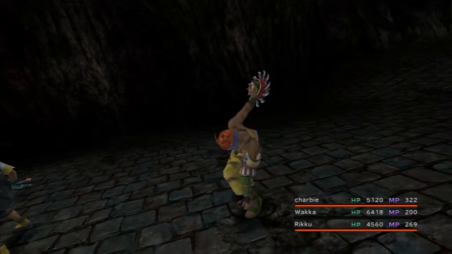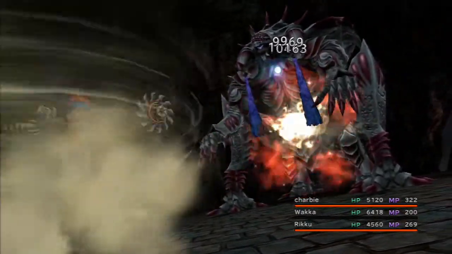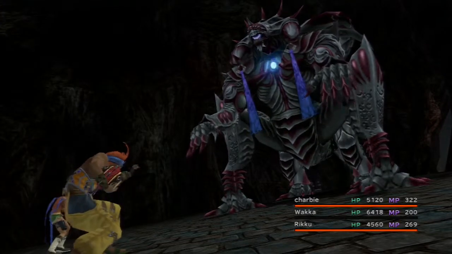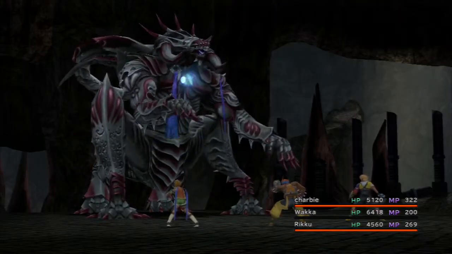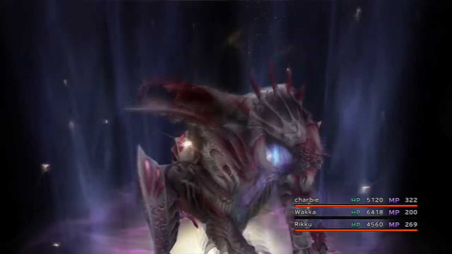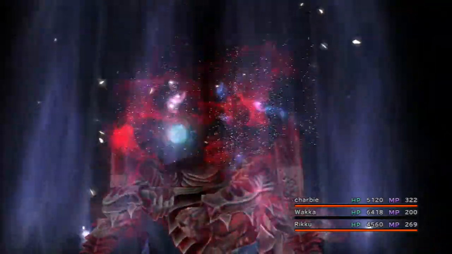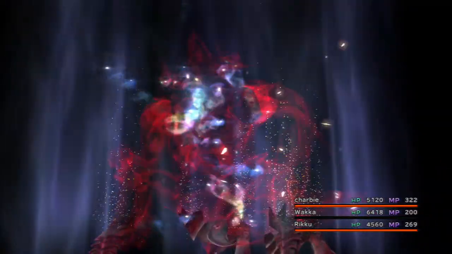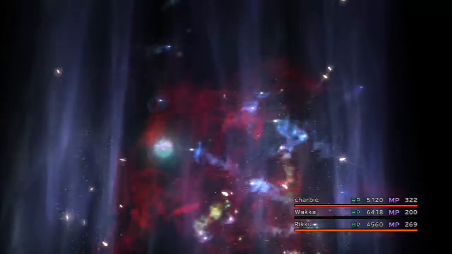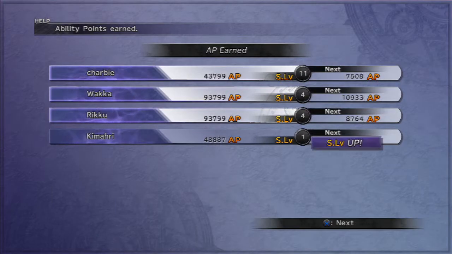I got some Dark Matter from him. It's pretty exciting, I think. I forget what they do, so... So to put into perspective why I have to train between this fight and the next one, he had between 60 to 80,000 HP. Omega has 999,999. So...